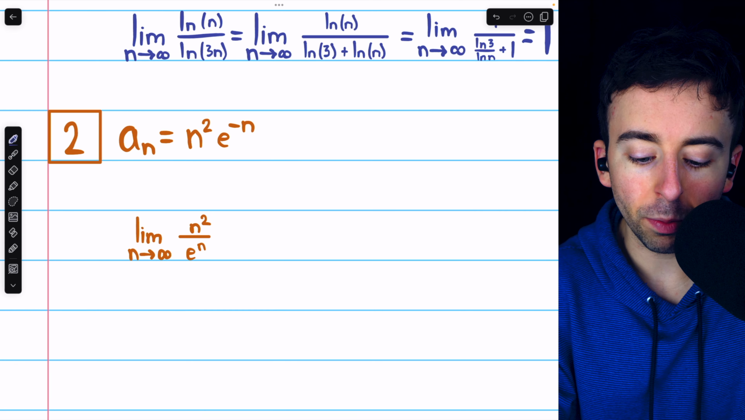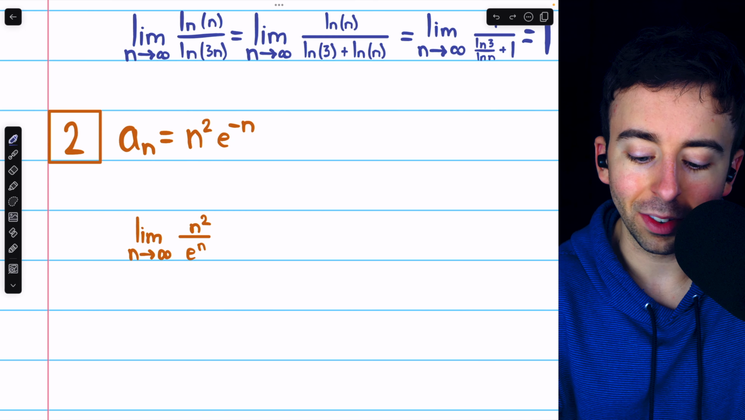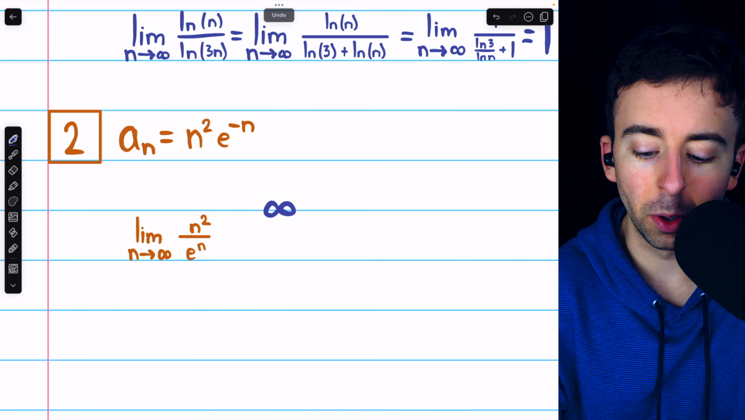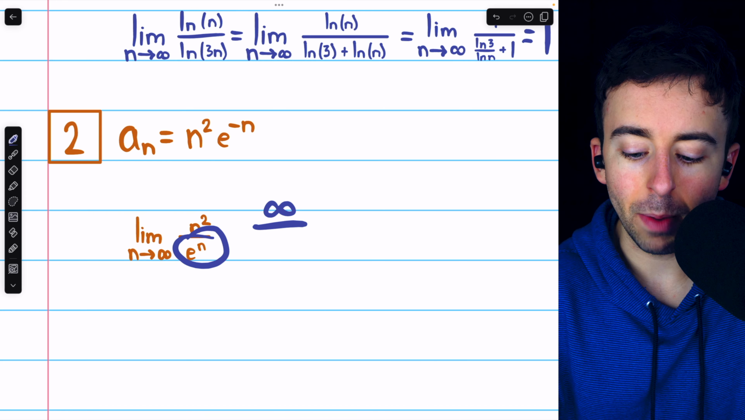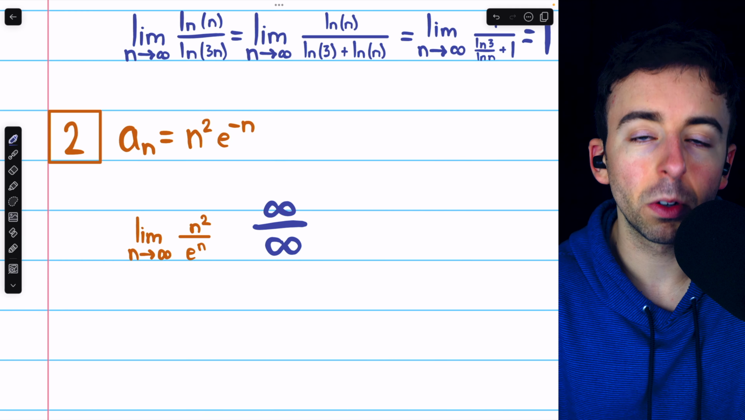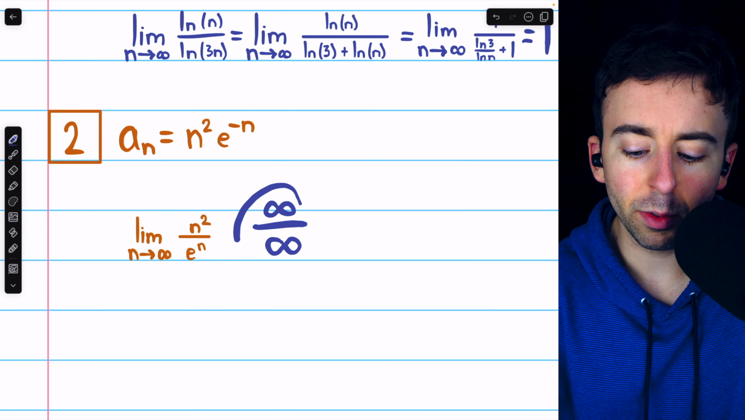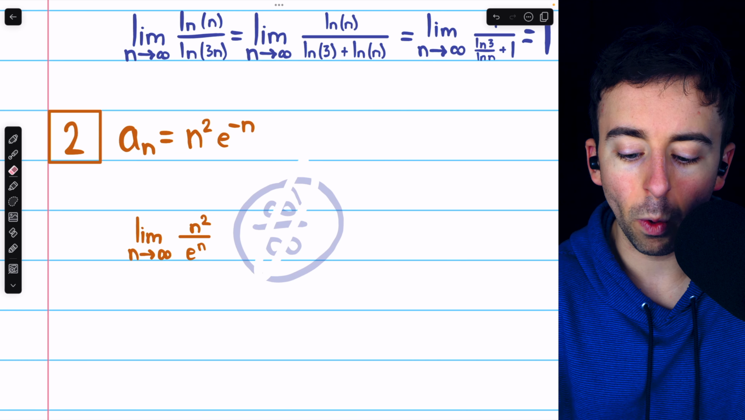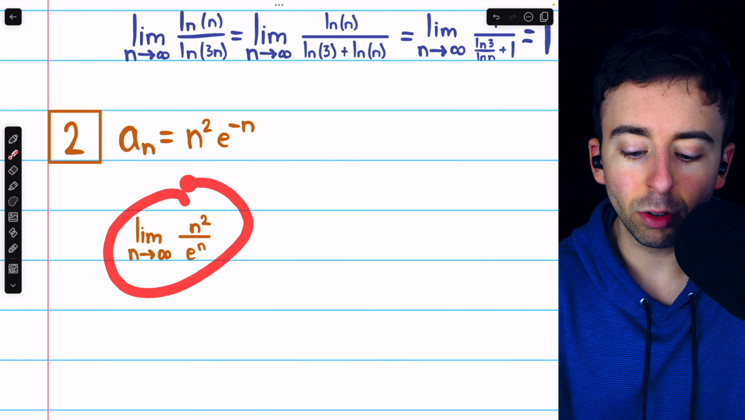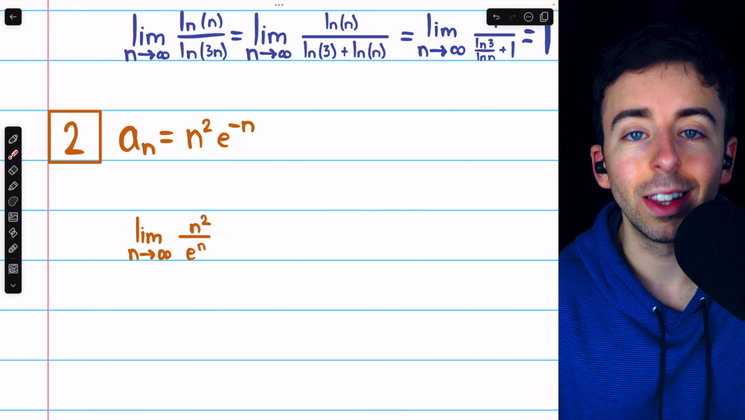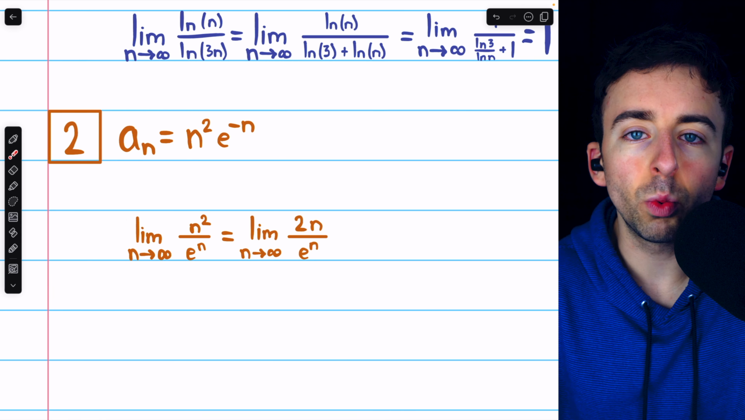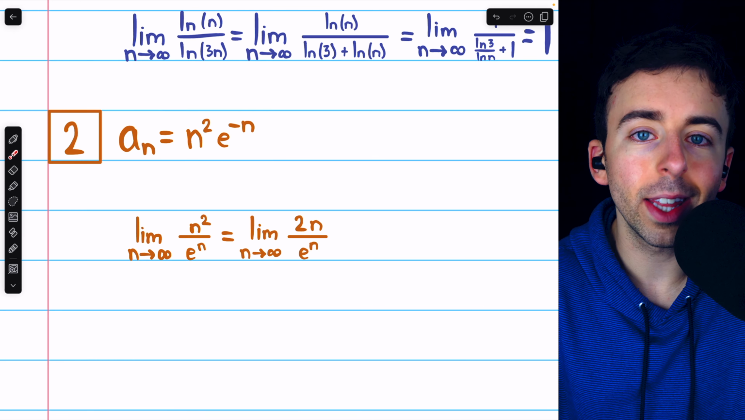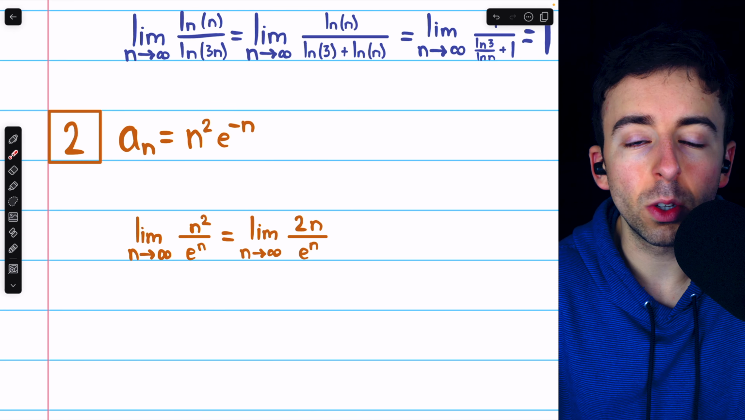Now, if we tried to just plug in infinity, we would of course have infinity squared in the numerator, which is infinity, divided by e to the infinity in the denominator, which is infinity. We would have infinity over infinity, which you may recognize as an indeterminate form. And so this is exactly the sort of situation where we should use L'Hopital's rule. Indeed, just as we've used L'Hopital's rule to evaluate the limits of functions, we can use it to evaluate the